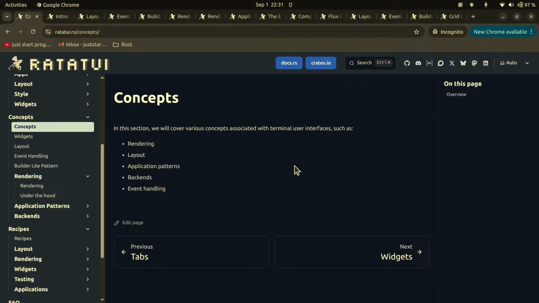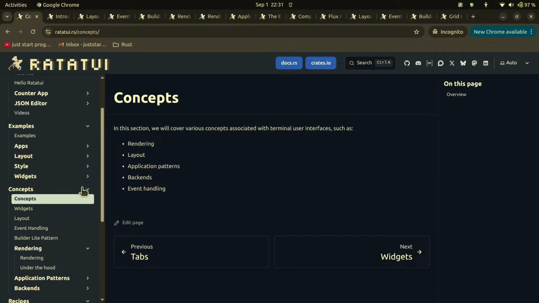All right, so here we are. Concepts. I've already opened the pages because yesterday I think my internet connection was not that good. So instead of wasting time waiting for the page to open, I already opened it here. So we'll start going through the concepts,